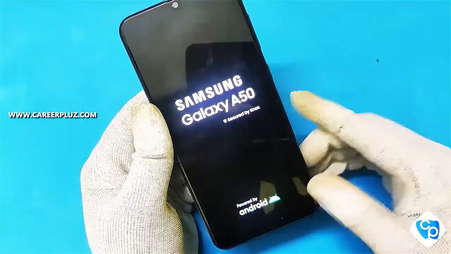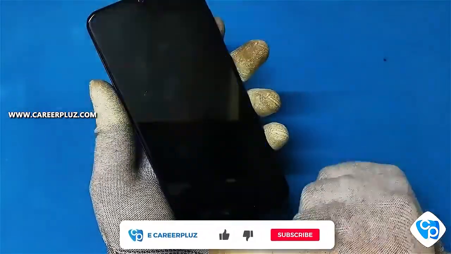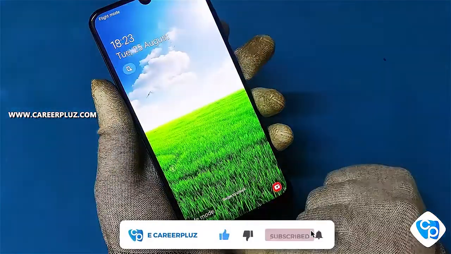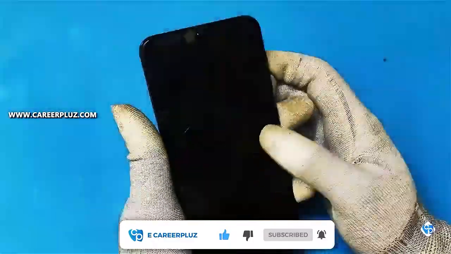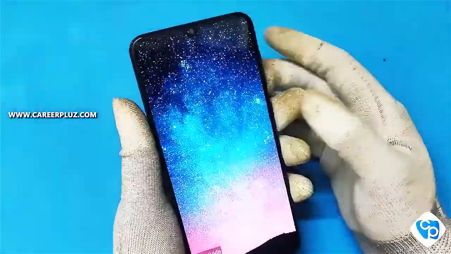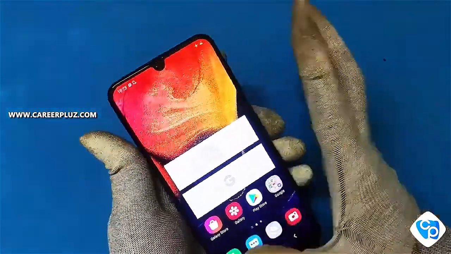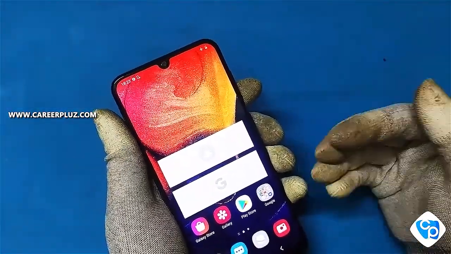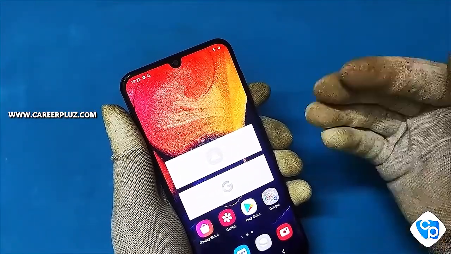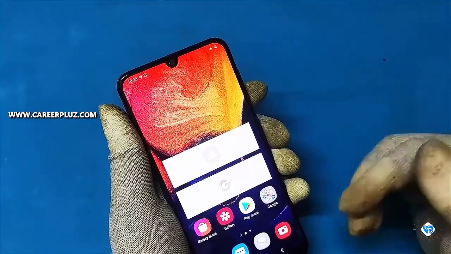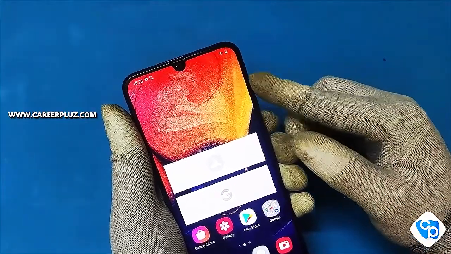But in this mobile phone, even after restart, the safe mode is still enabled. That is the issue of this phone. The reason is there is a problem in these volume keys. Because of this problem only, the safe mode is not able to be disabled. I have tried the factory reset option and also flashed the mobile, but it doesn't work. Then only I identified there is an issue in the volume keys.